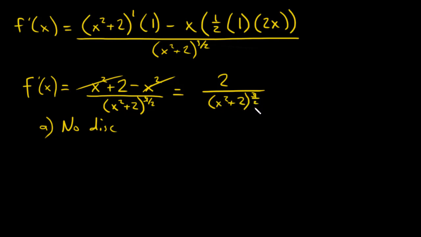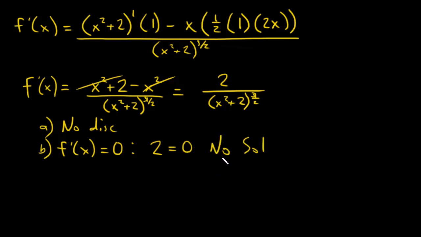And then when I take the square root, it's still going to be positive. So no discontinuities. But if I do f prime of x equal to 0, if I'm looking for my critical numbers, my horizontal slopes, that implies that 2 equals 0, which we know is no solution. So there are no critical numbers